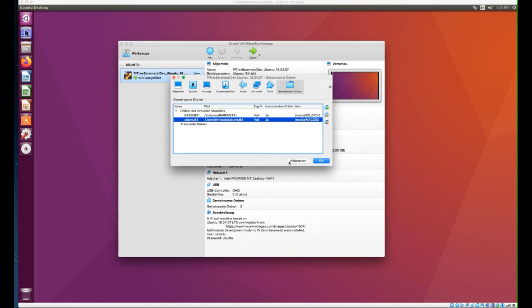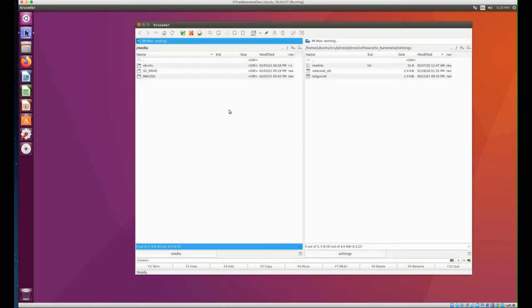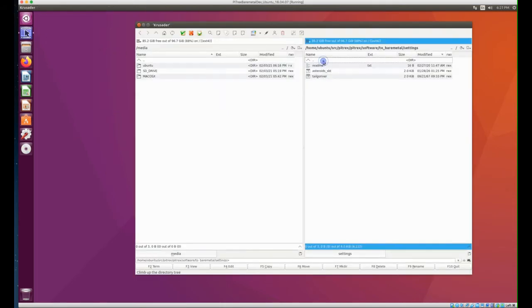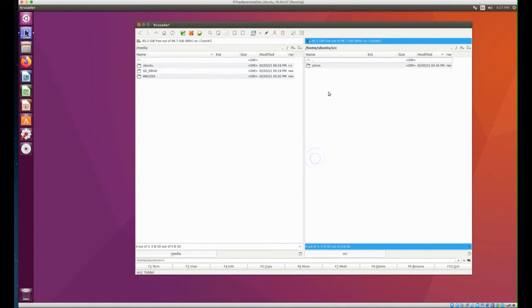Okay, you can or should do that. I will come back to that later when I show you how to compile. So within the file system, you logged in as user Ubuntu, and your home directory then is /home/Ubuntu. This is your local home directory. The actual sources are already within the file system, the new sources from today. If you watch this in a couple of months, the files will probably be older, but anyway, this is what it is now. The files are located in the source directory, PiTrex